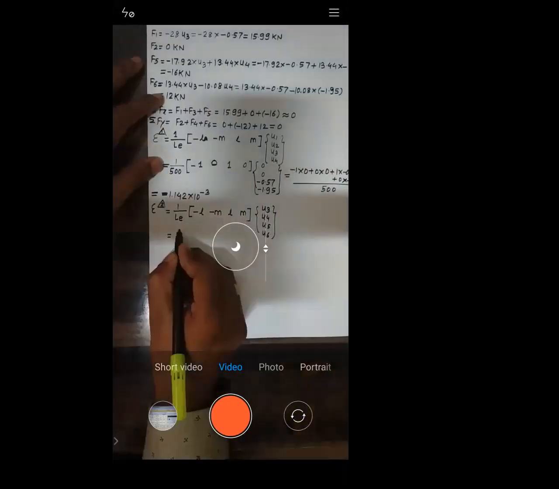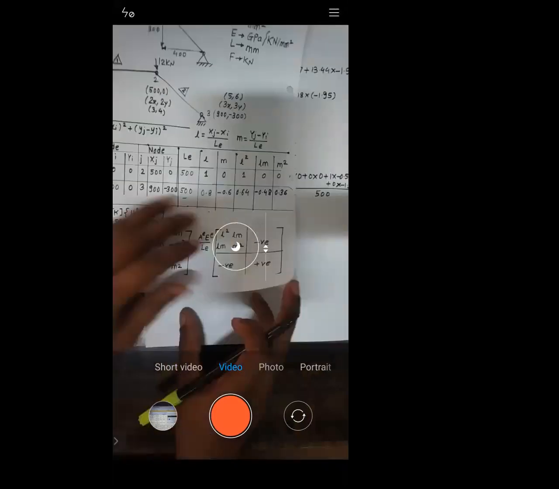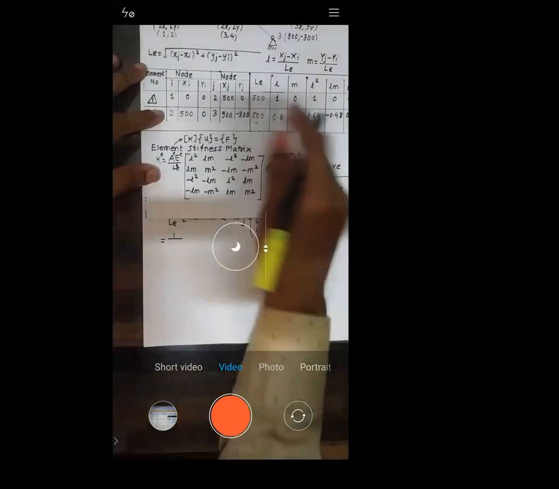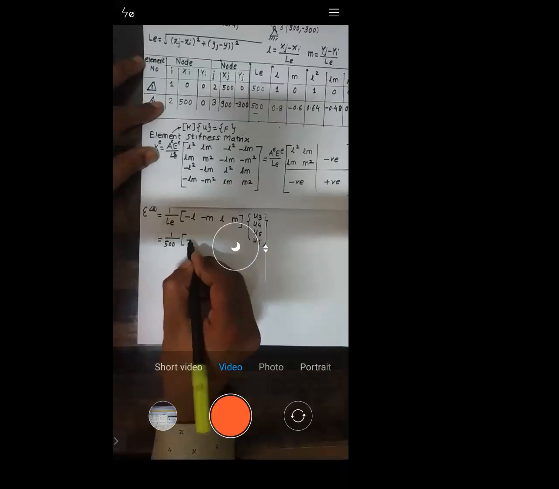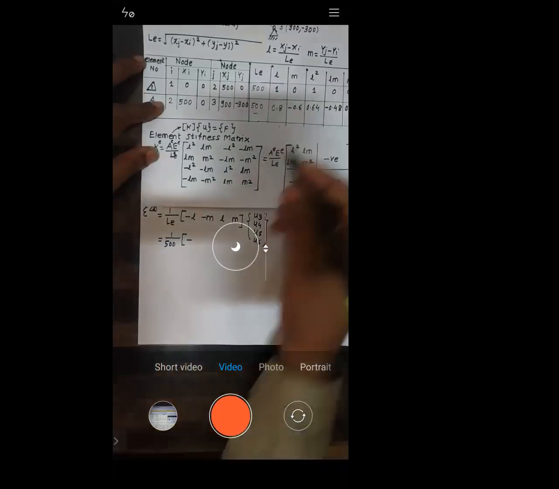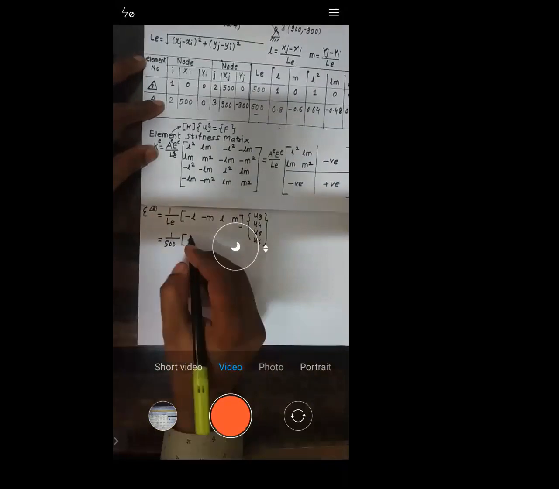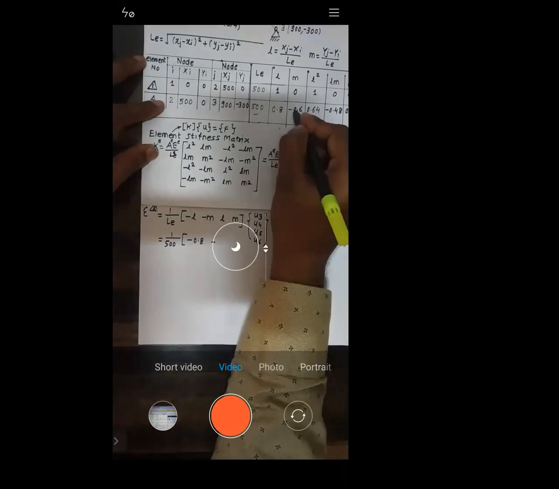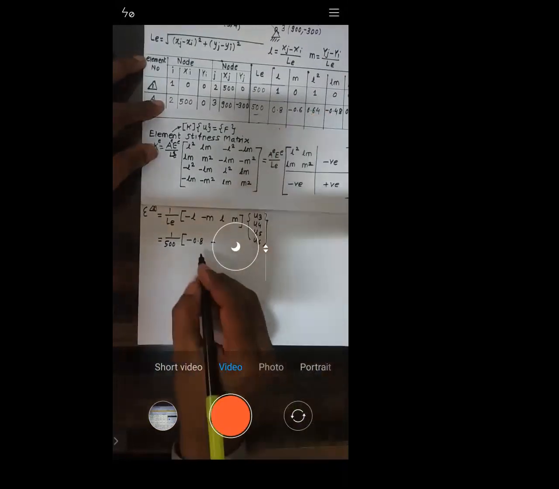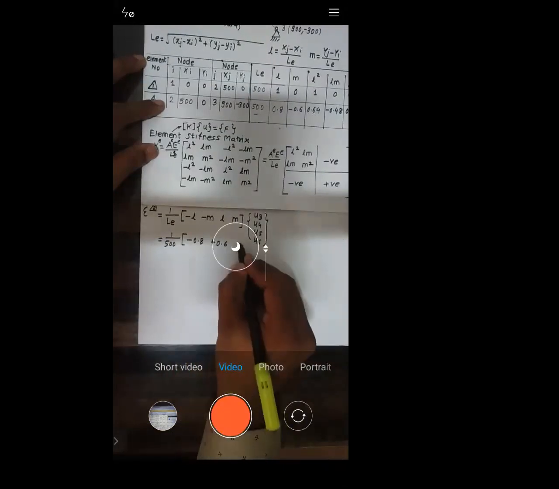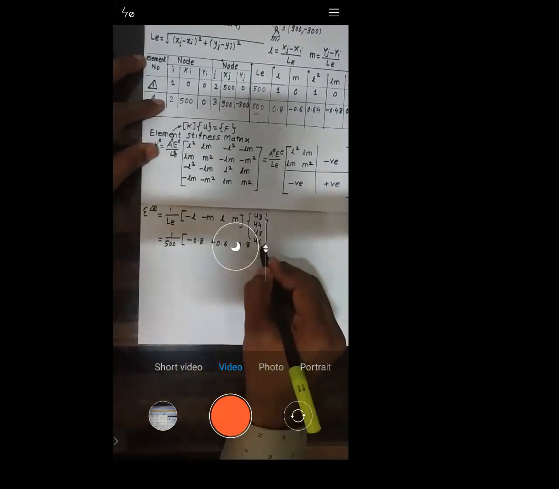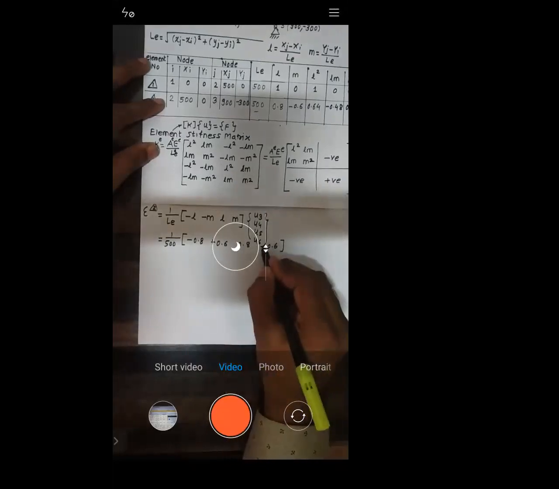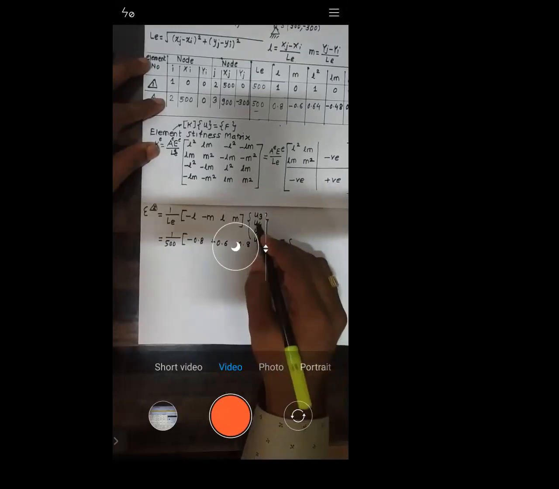So now 1 by LE. What is the length of element number 2? It's again 500. 500 into minus. What is the value of L? It's 0.8, minus M. Okay, minus M. So minus of minus, what do you get? It's a plus. So I'll write down 0.6. Then L again 0.8. Then M. What is M? Minus 0.6, right? This is matrix multiplied by U3, U4, U5, U6, right?